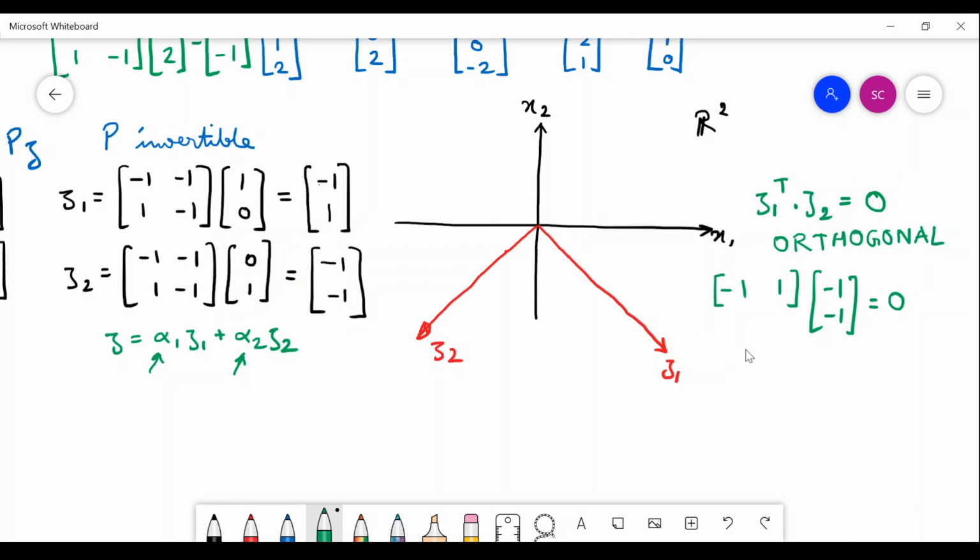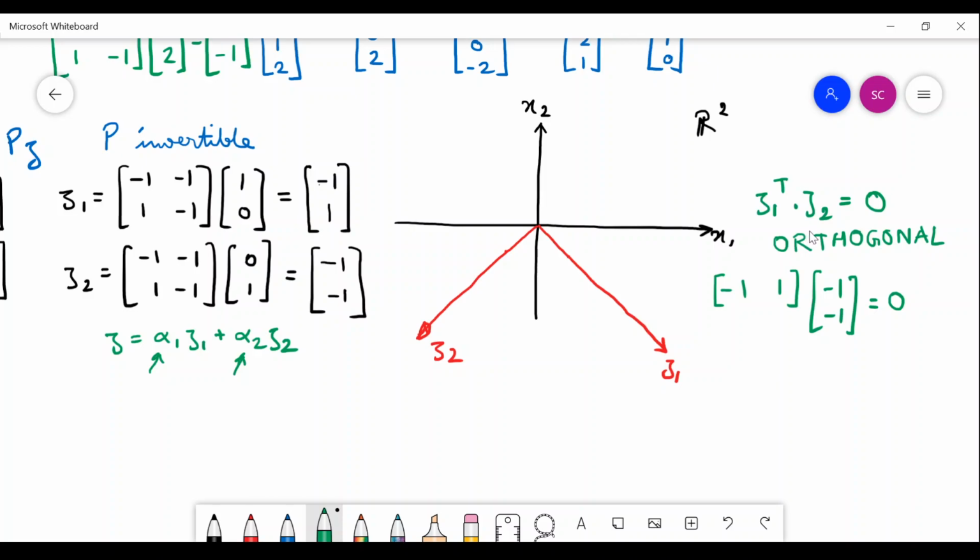let they be in any dimension. These are two-dimensional vectors. You could be given three-dimensional, four-dimensional, or five-dimensional vectors, but both these vectors should be of the same dimension. That is one thing. Otherwise, you will not be able to do this dot product. I hope you understand that from your basic knowledge about vectors, transpose, and dot product. So you will not be able to do this dot product unless these two vectors are of the same dimension. That means they are coming from the same vector space.